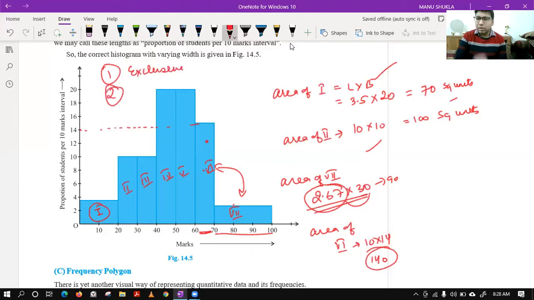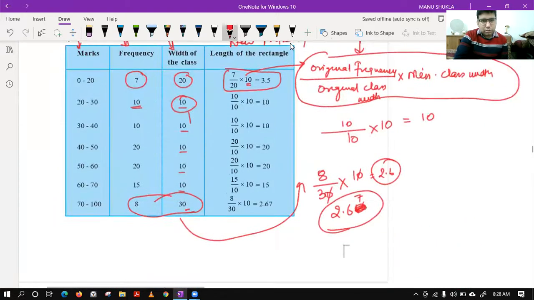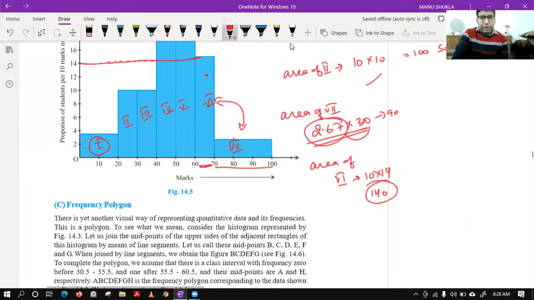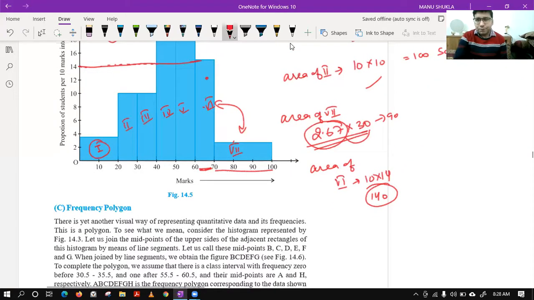Second thing, check for the class width. 15, not 40. Where? Okay, this frequency you are saying. This is 15. But I think it is 14 only. In my diagram, it is 14 only. One second, let me check. Okay, it is 15. Fine, maybe the scale problem. Now, let us make it 15 only then.